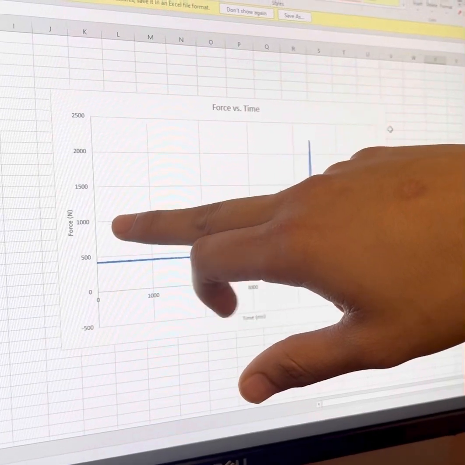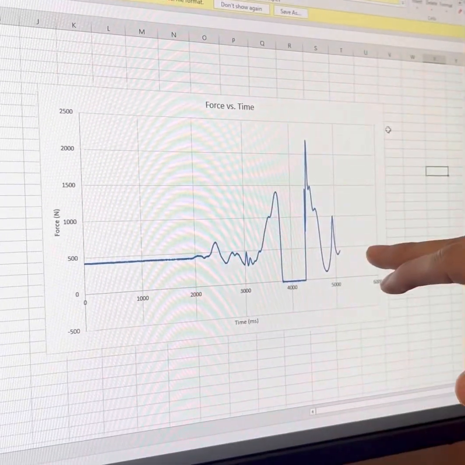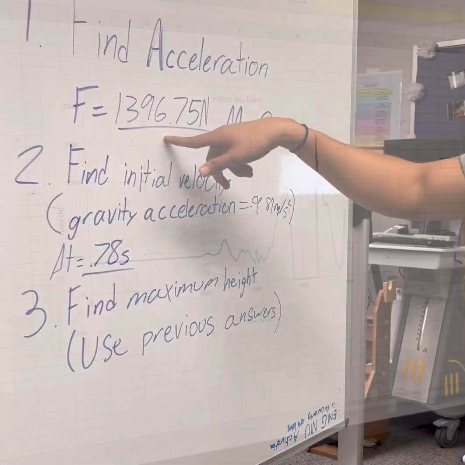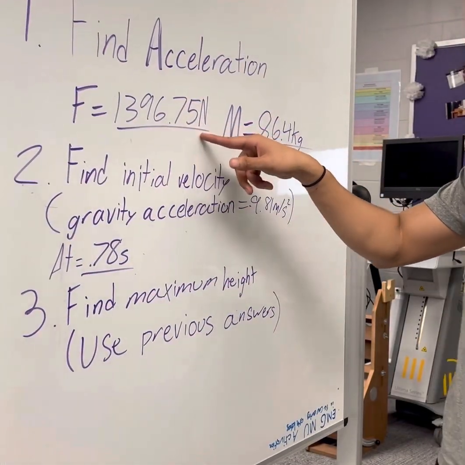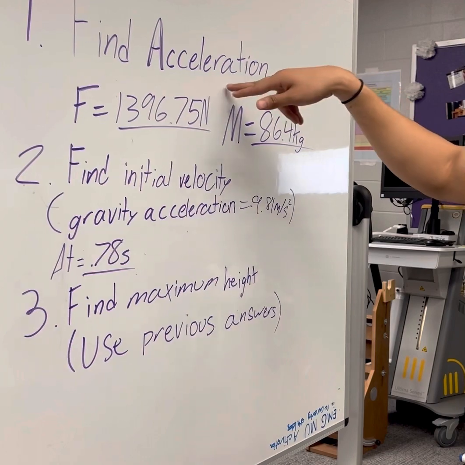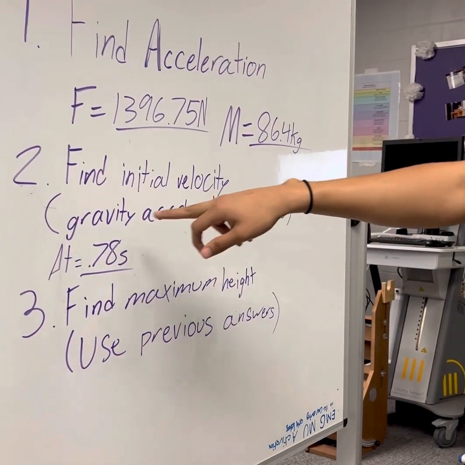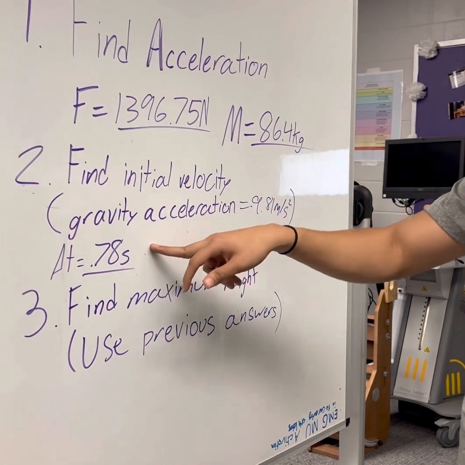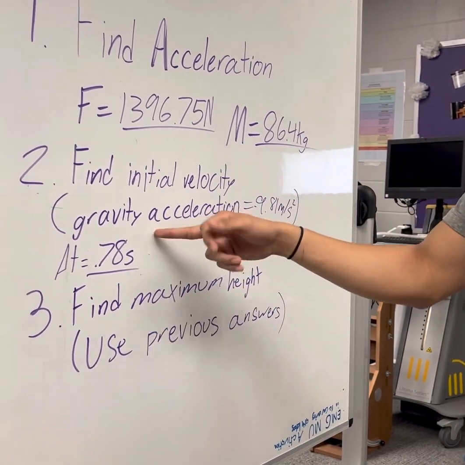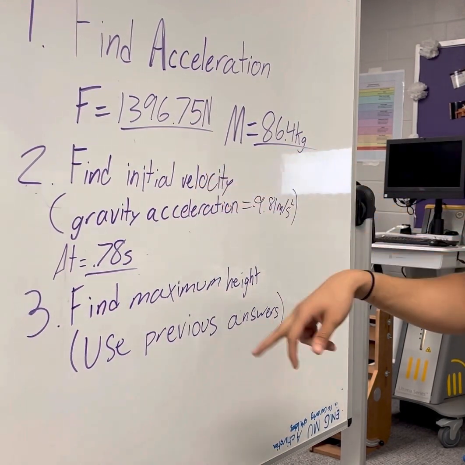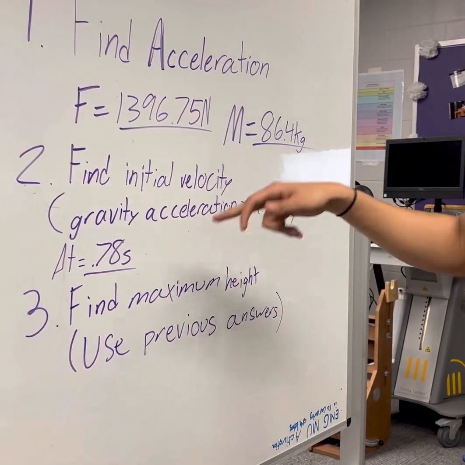Right here, all this force that we're doing is in newtons, and so this is the data that we're going to be using for the calculations. The average force that we got was 1396.75 newtons. So we'll use the second law to find the acceleration. After we find acceleration, we already know what gravity is, and we already have the change in time, which we did from the video, which is 0.78 seconds. And so you'll be able to use that to find the initial velocity, and then we'll be able to find the maximum height using all of these